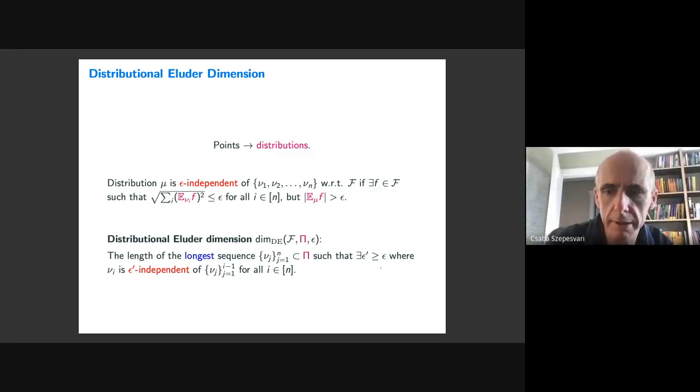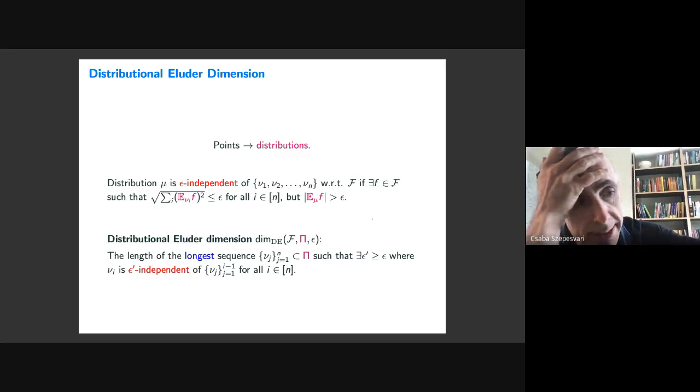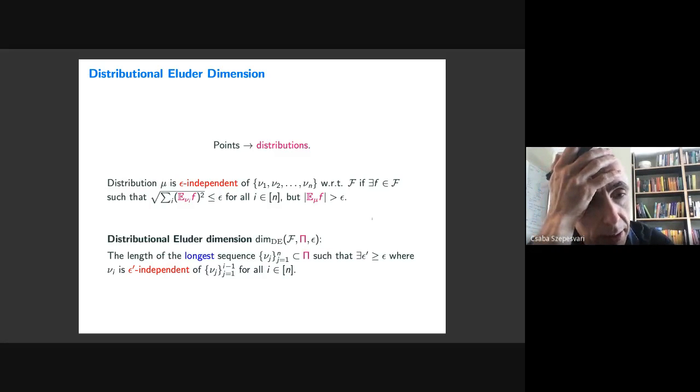I have a quick question. Sure. If we don't restrict pi, but we take probably all the probability distributions over the underlying space, is it clear that the eluder dimension, the new one, is the same as the previous one? So it's always the point masses that generate the longest eluder sequence, or is there some subtle difference there?